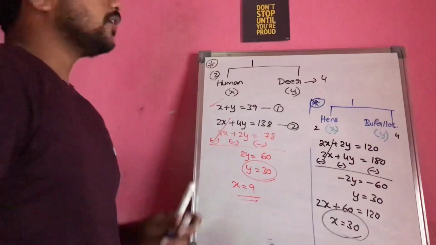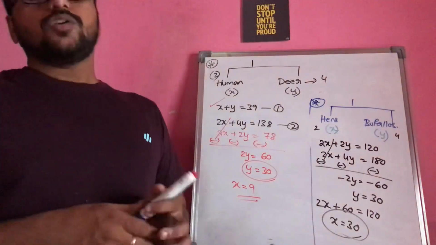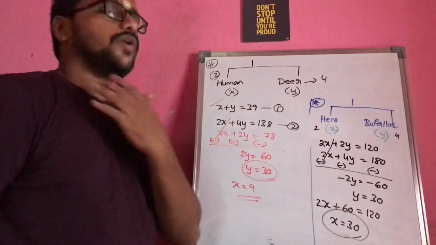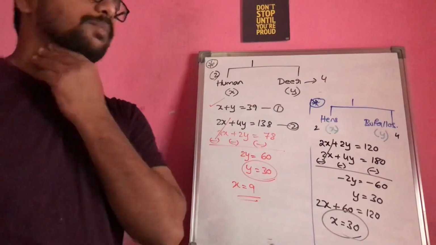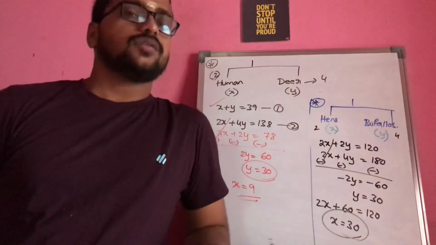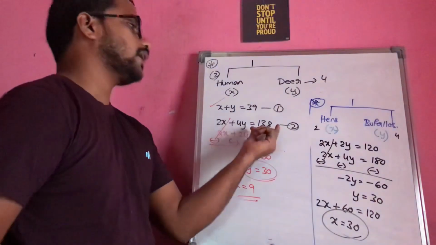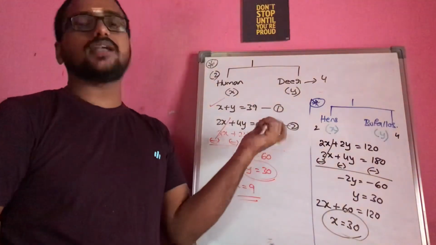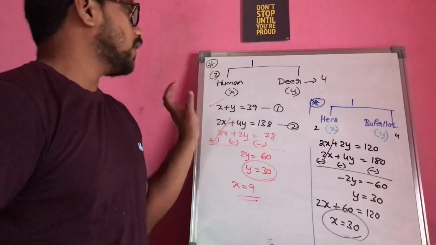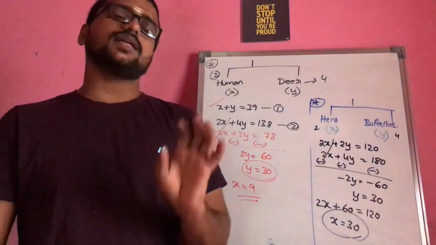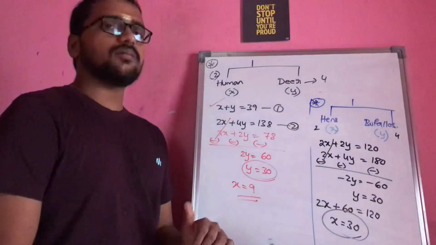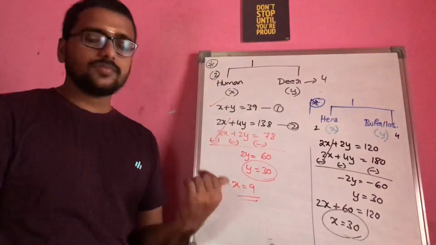So you see here, you just have to understand, you can cross check your answer also. Why are we getting deer more in number, why can't it be the humans? Simple logic here: deer will have more number of legs compared to the humans, because of which we got this 138 factor. That means the reason for the leg count reaching 138 is majorly contributed by the deer, because of which deer are more in number compared to the humans, right?